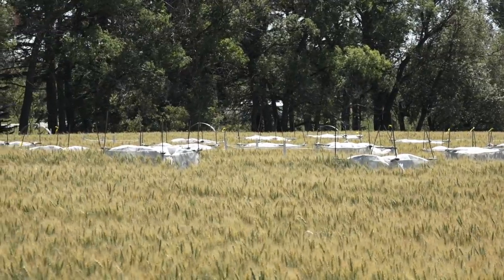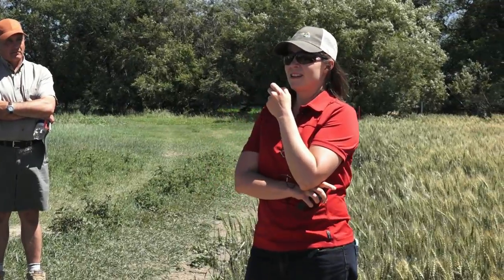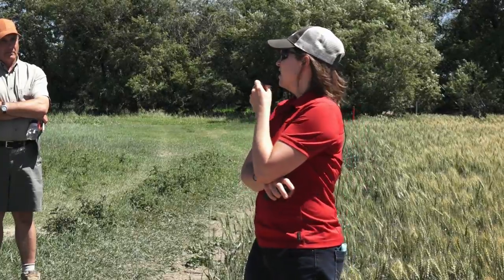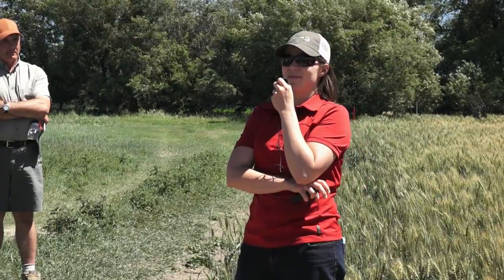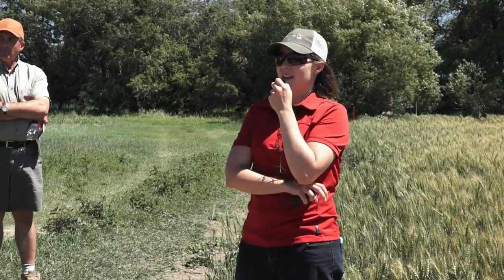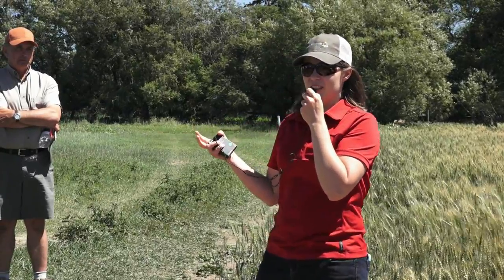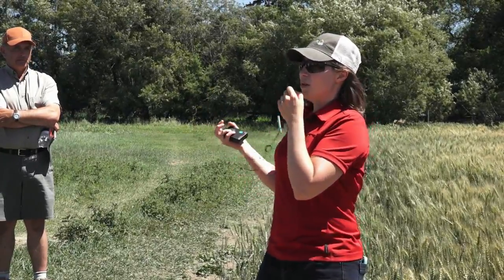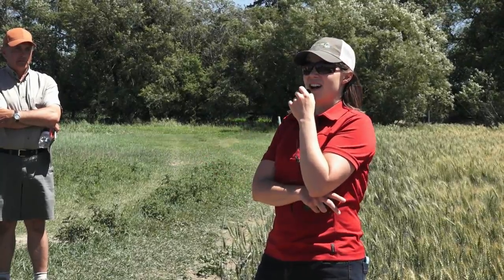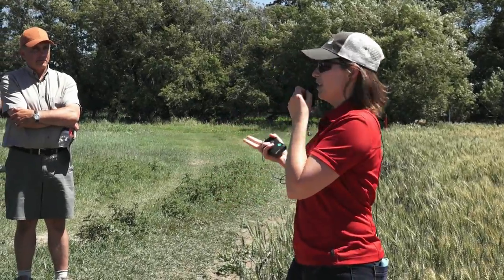And in those cages, we are manipulating the levels of Syria leaf beetles that are in there, and the levels of the biocontrol wasp, T. julis, and also levels of generalist predators, so spiders, lady beetles, because we want to know what is controlling Syria leaf beetle populations. Is it just the biocontrol wasp, or is it a lot of the generalist predators, like lady beetles, for example, or are none of those things that important, and maybe something else is regulating Syria leaf beetle, like our weather,